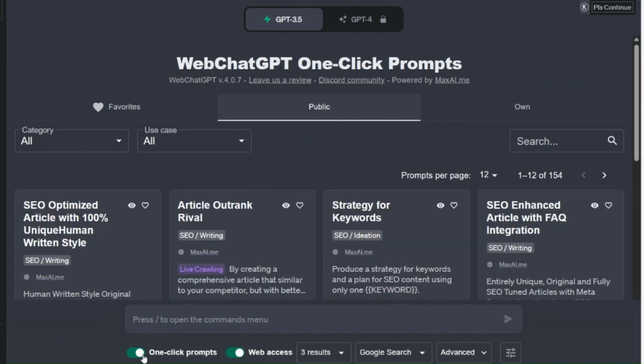Now, I'm going to quickly explore One Click Prompts with you because I think that you're going to really like these. So, there's currently 154 different setup prompts for loads of different things. And for book publishers, it is a dream. If you just click on categories